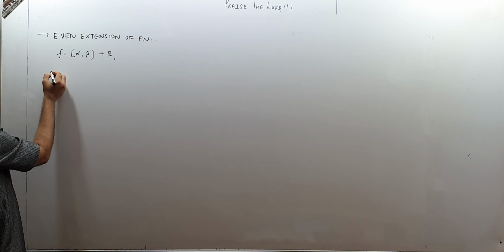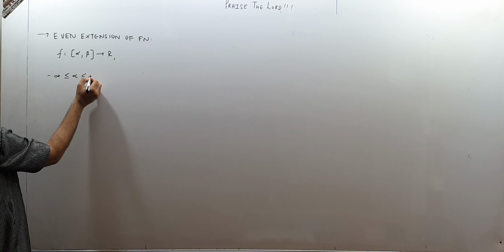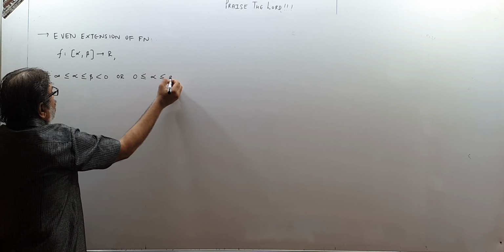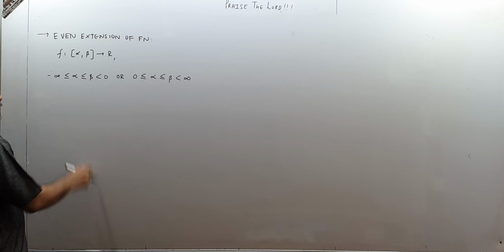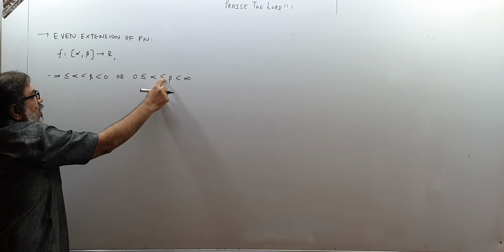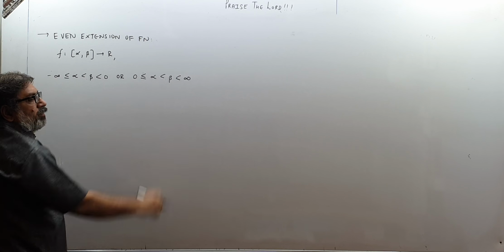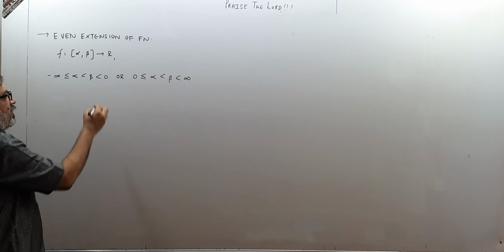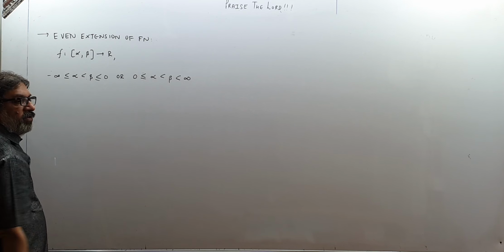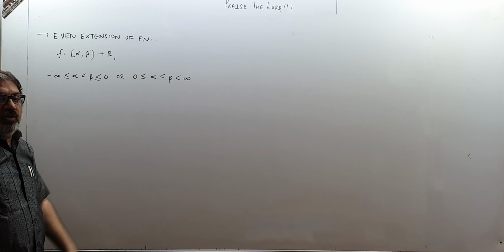Means what I want to say, it will be like this: minus infinity less than equal to alpha less than equal to beta less than 0, or 0 less than equal to alpha less than equal to beta less than infinity. Alpha is less than beta in both the cases. Okay, and it's an interval, so they cannot be equal. So alpha is less than beta, both are negative, or both are positive, like this we think. So either only on the negative side and 0 or on the positive side and 0. Alpha and beta both axes cannot be occupied, negative and positive both cannot be occupied.